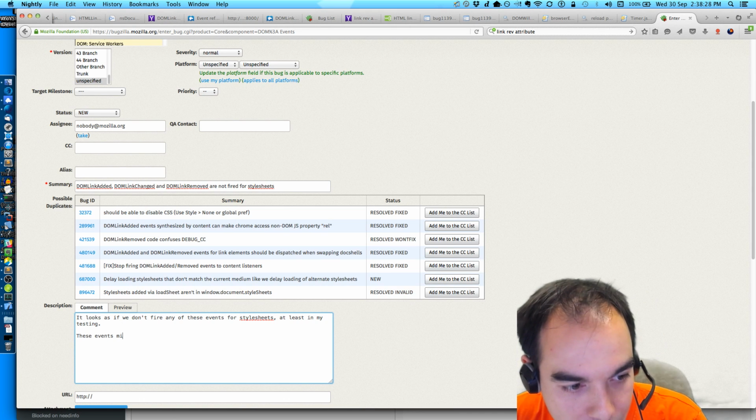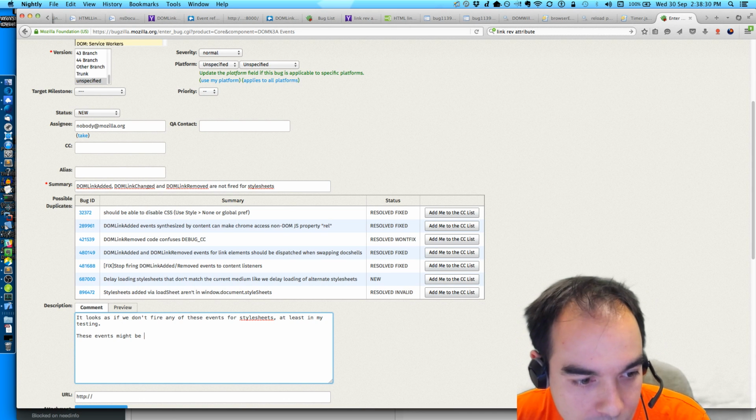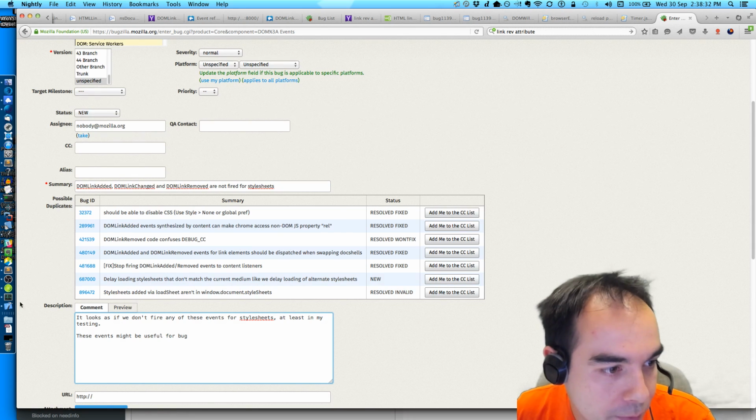These events might be useful for the bug.